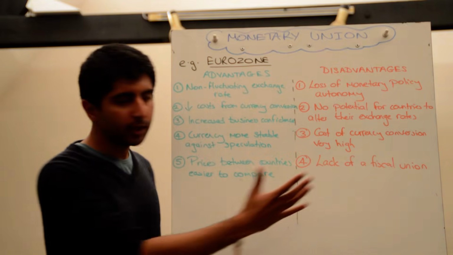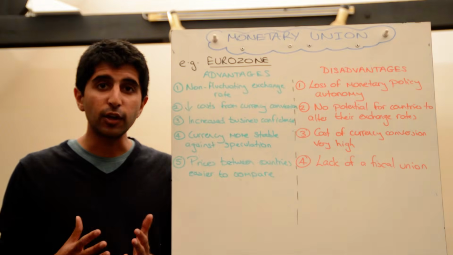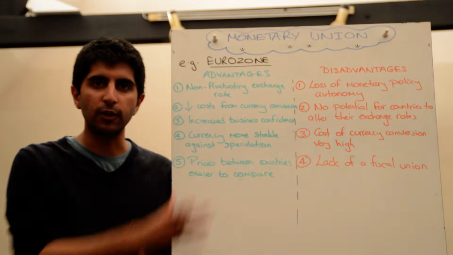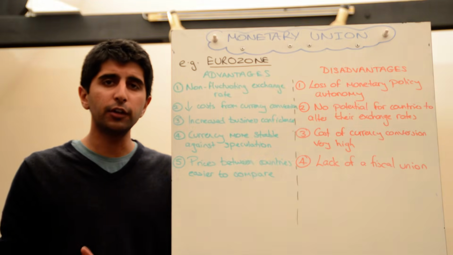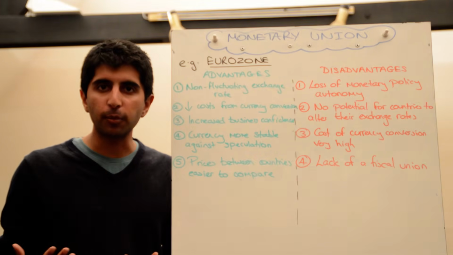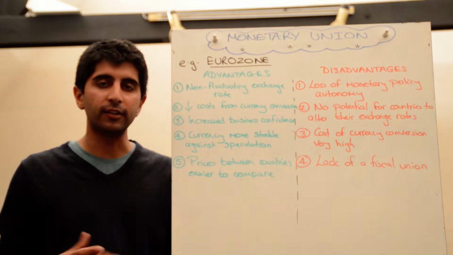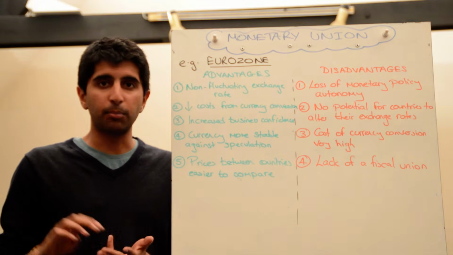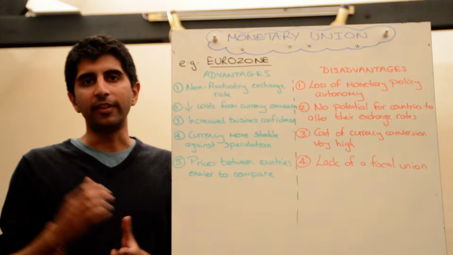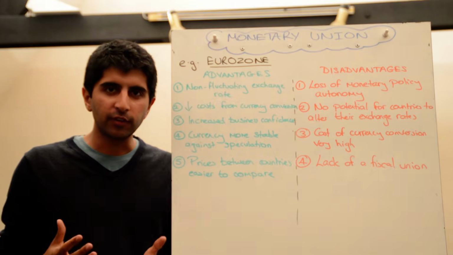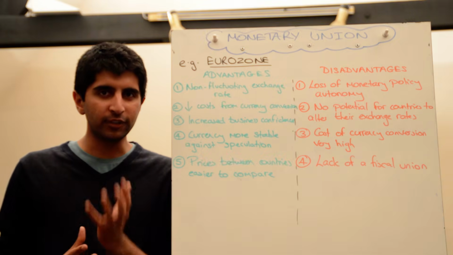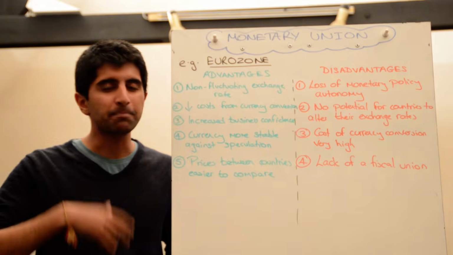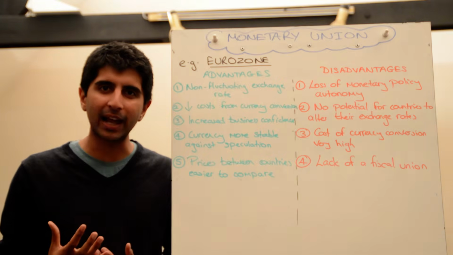And number four, this is an argument that's come very much true within the Eurozone in the past six or seven years. If you don't have a fiscal union to go with your monetary union, then you could have countries who are free to adopt their own fiscal policies, but if they're reckless with those fiscal policies, it could destabilise the entire union. We've seen that happen with Greece, Portugal, Spain, Ireland, Italy, which have had to adopt strict austerity measures recently because they've been so reckless with their fiscal policy, overspending and very inefficient with tax collection.